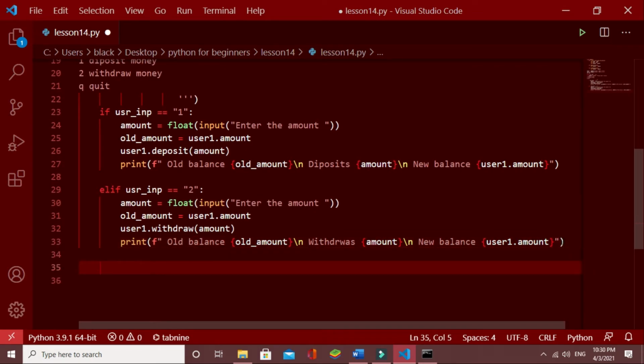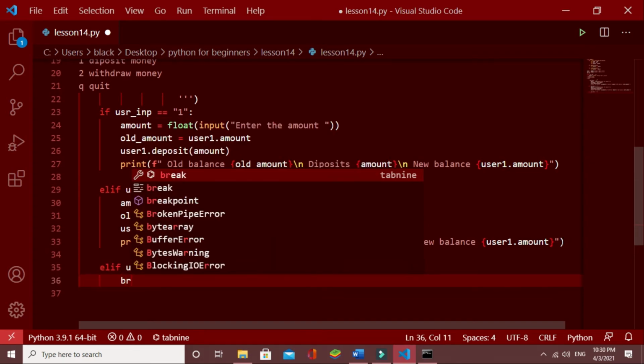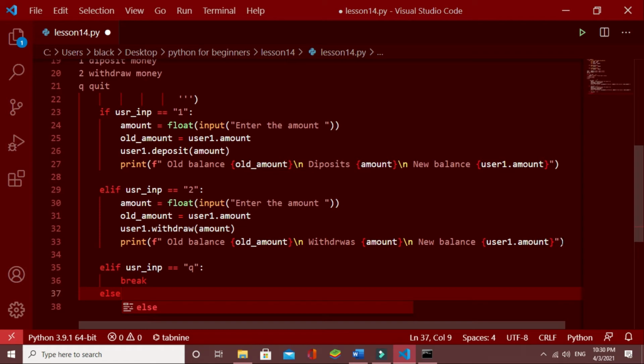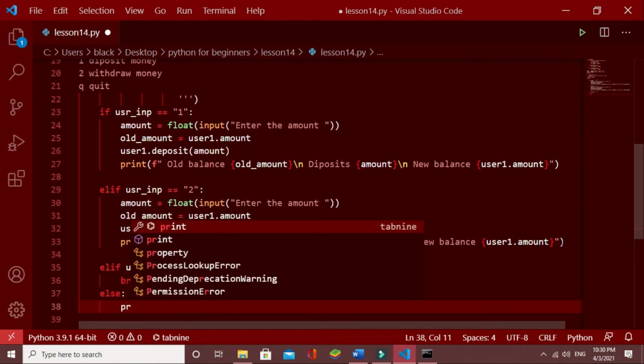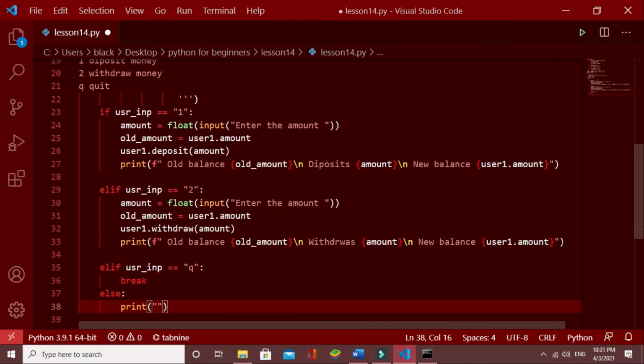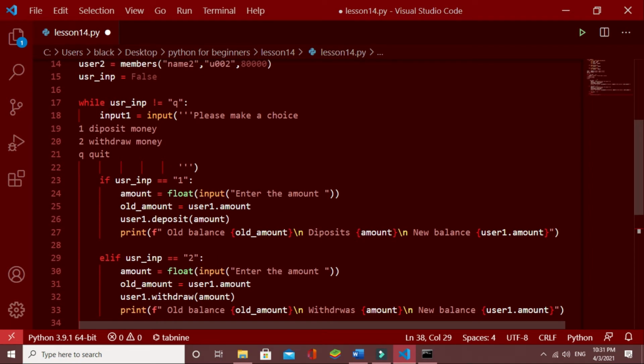And let's take another elif to quit this program. User input equals Q. What we have to do is break the loop, and else, if the user enters something else, it will give this error message, which is wrong input, and it will go to the loop again.